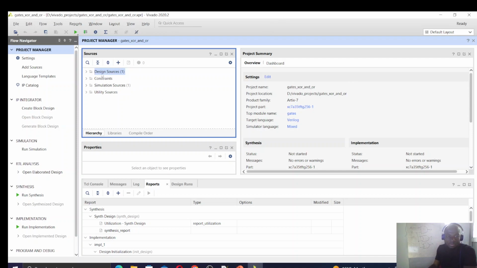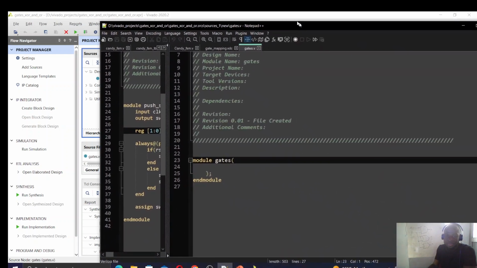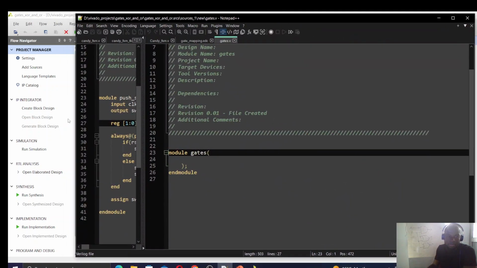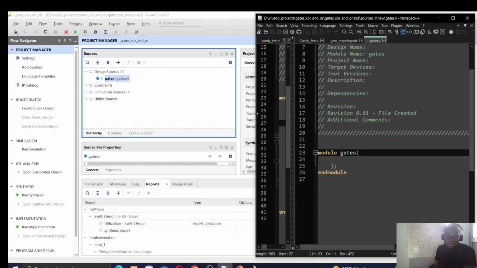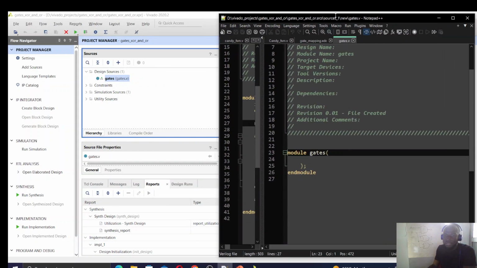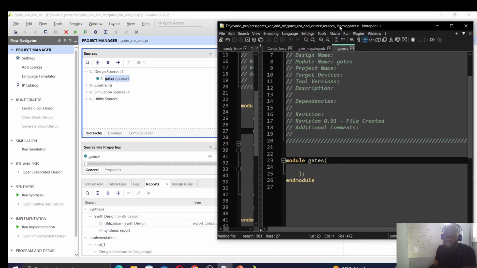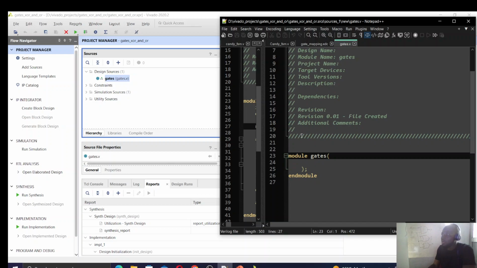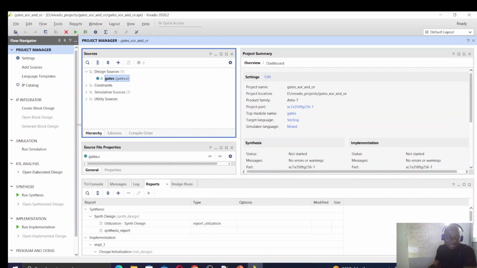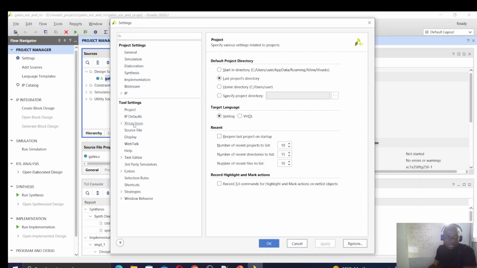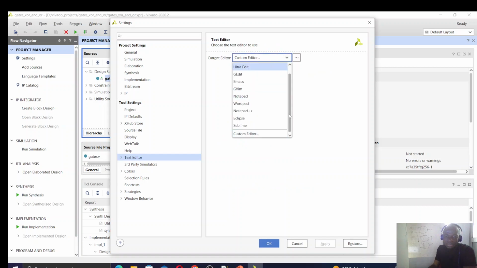Now if you come into your design source here, you see the file located here, which is gates. You just double click it, and then it will open your editor for you. Now this is a custom editor I'm using, so this is not the default editor of Vivado. If you want to use a default editor, you just come here, go to settings, and then go to editor,